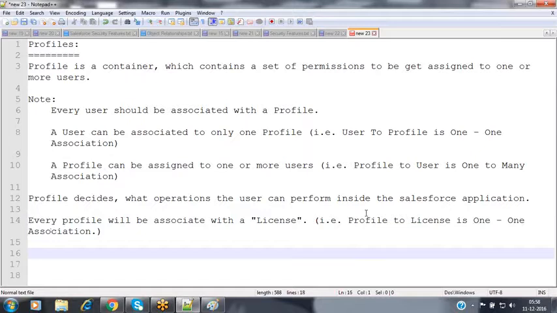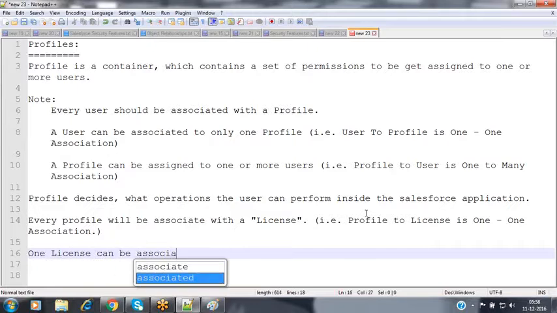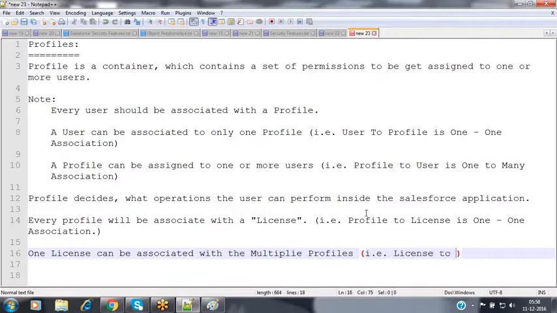And then when coming to the license, one license can be associated with multiple profiles. That is, license to profile is a one-to-many association.